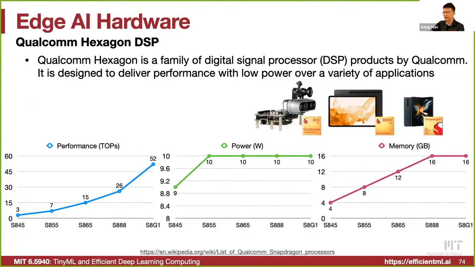So let's also look at the edge. For example, on the phone, we want low power chips. Here it is only 10 watts, from the S855 all the way to the S8 Gen 1. S8 Gen 2 is also there, but we didn't find public numbers, so we didn't put it there. The performance is also increasing pretty fast, almost 50 TOPS per second, and the memory is roughly 8 to 16 gigabytes for the Qualcomm